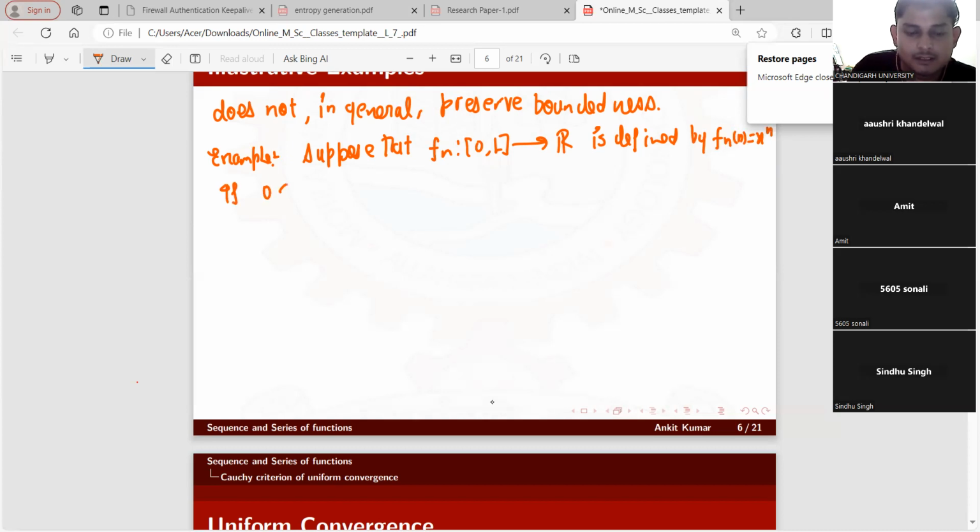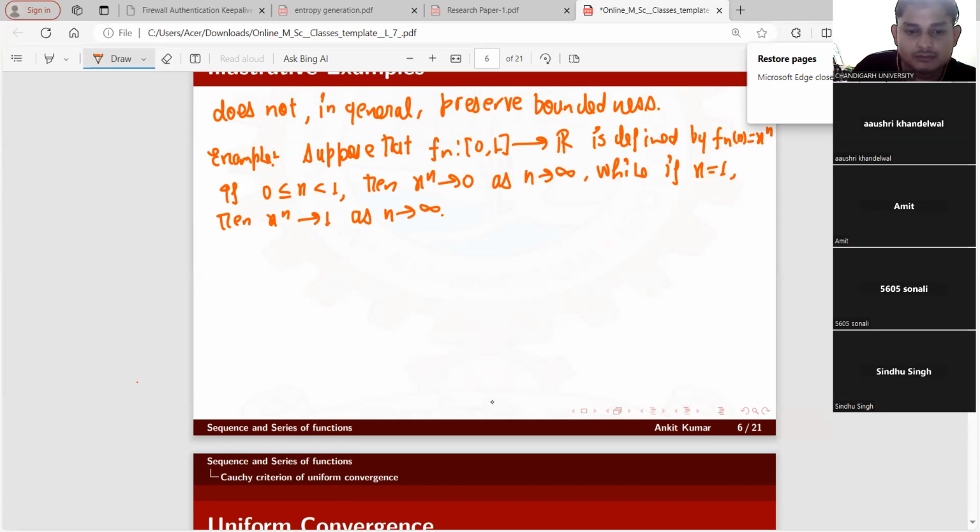If x lies between 0 and 1, then x^n tends to 0 as n tends to infinity. If x is equal to 1, then x^n tends to 1 as n tends to infinity. So fn tends to f pointwise, where